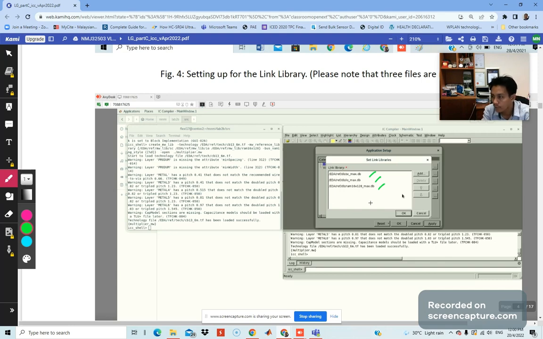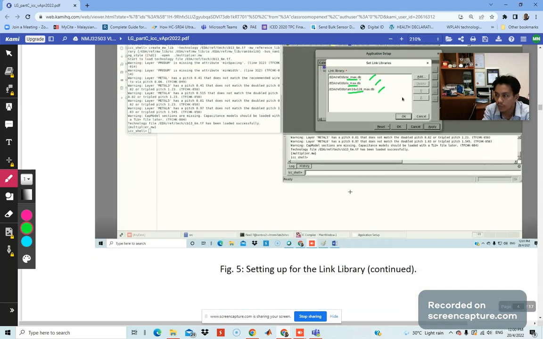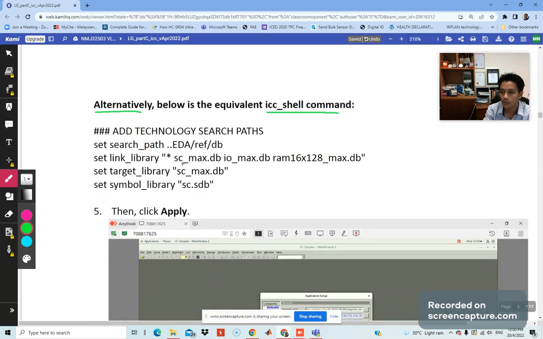okay, we have set this: SC max DB, IO max, RAM, and so on. But we need to set another two, I think. So we have set these three, SC max, IO max, and RAM. I need to set the other two, target library and also symbol library. So to do it,